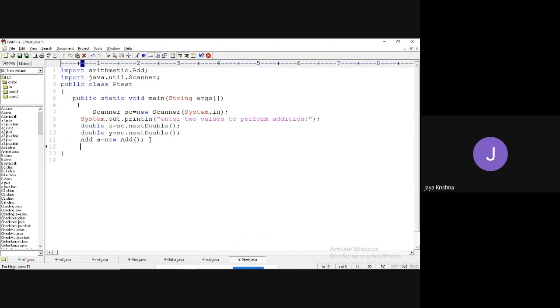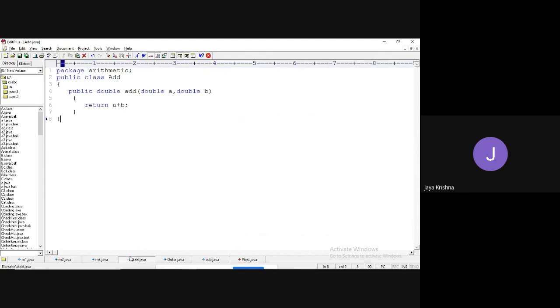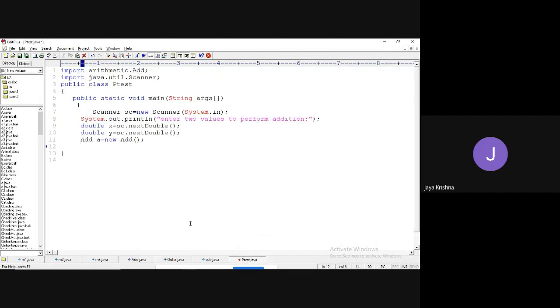Then the object is created for this function. Then it is going to take those two values and perform addition. It is going to return which data type? Double data type. First I need to call that method, a.add method. What values do I need to pass? X comma Y values I need to pass. And this method is going to return what values? Double values once again, so I'm going to make it double. Okay. Once the addition is completed successfully, I need to print.